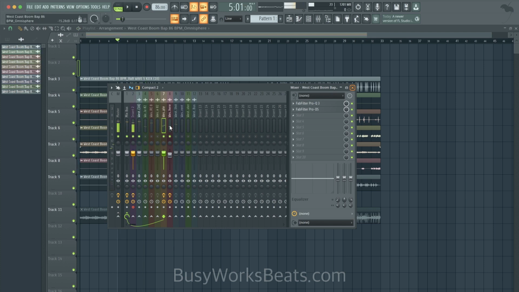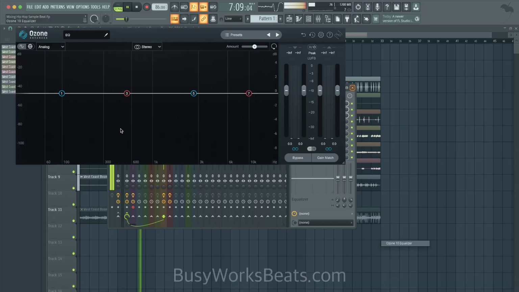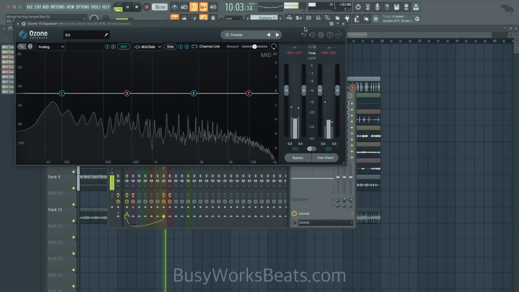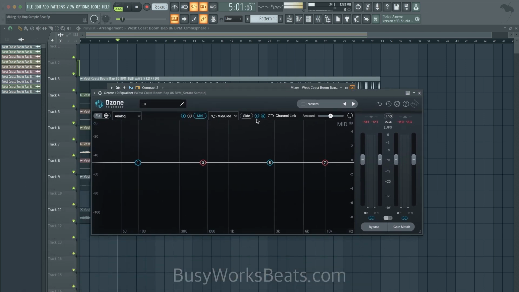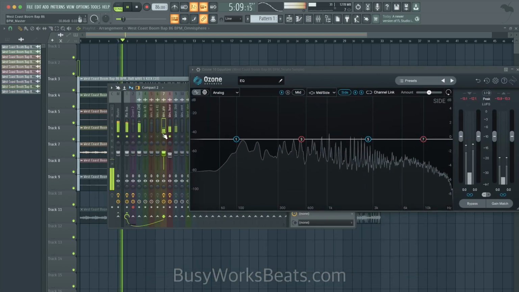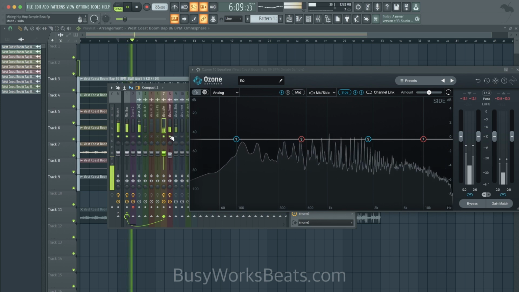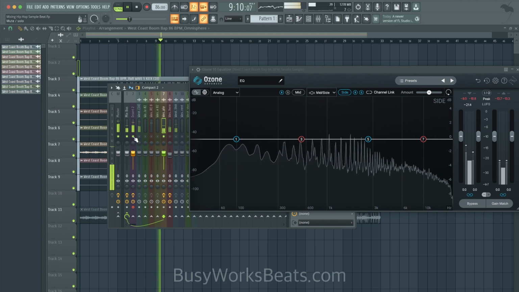So at this point, I'm just going to check the side image. I don't think there's any frequencies we need to take out. This is the information, the difference between the left and the right ear. I'm just looking around to see if there was any information on the side that we didn't hear. It feels very even, so there's not much to do on the side image.